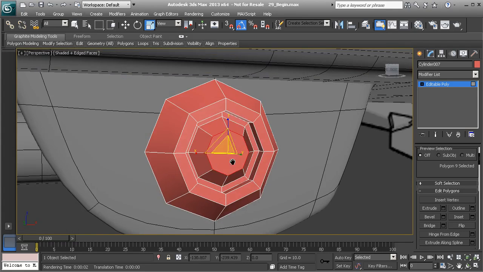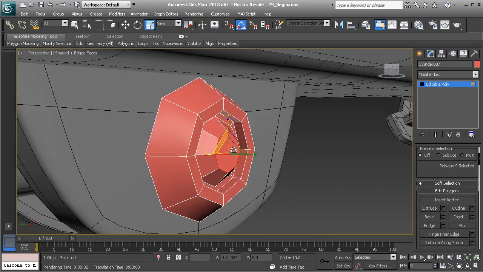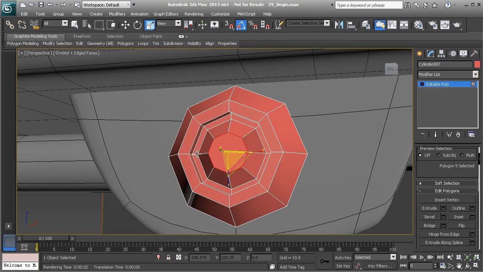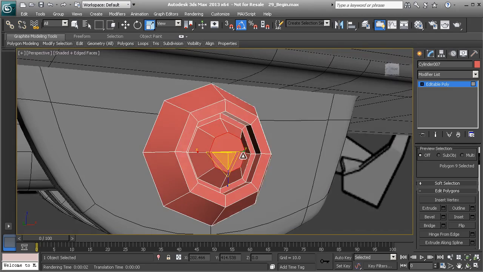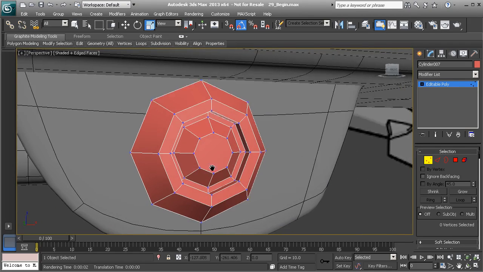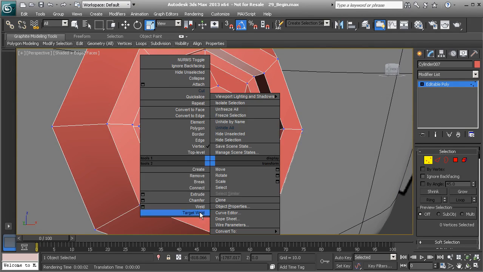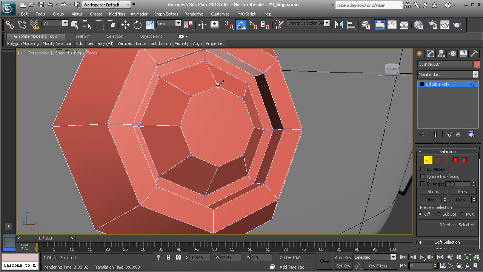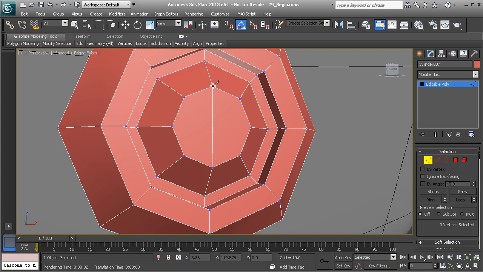So again, like I've been saying throughout this modeling section, there are multiple ways of getting the same result. Okay, so don't feel like you have to do one technique a specific way. There are always different techniques, different ways of getting there. Okay, so what we're doing now is we're just cutting this apart to make sure that we're getting quads